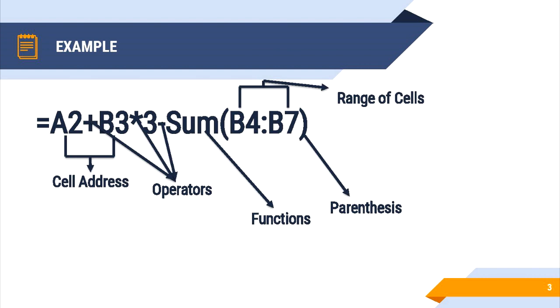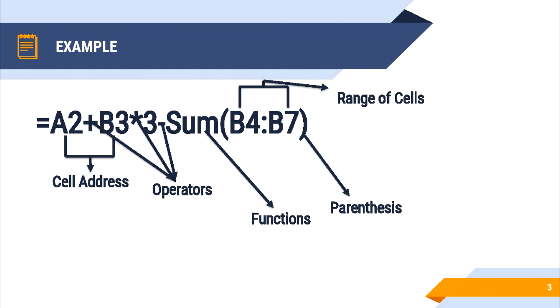So let's look at an example. So in this slide, I have shown you the mathematical calculation. How does the Excel function start? Whenever you have to start a calculation, remember and keep it in mind, you have to start with the is equal to symbol. So here I have used all the operators and functions. So you can see A2 plus B3. So A2 plus B3 is in cell address. So it is indicating the cell from A2 and B3.